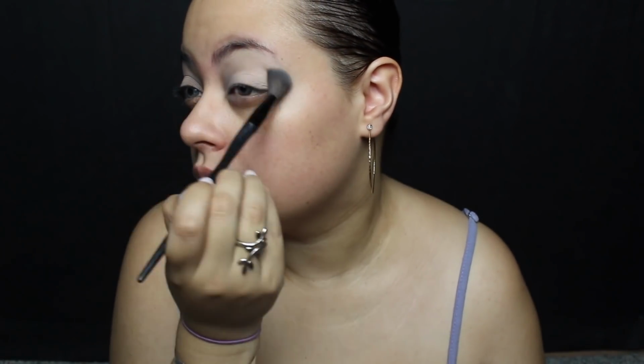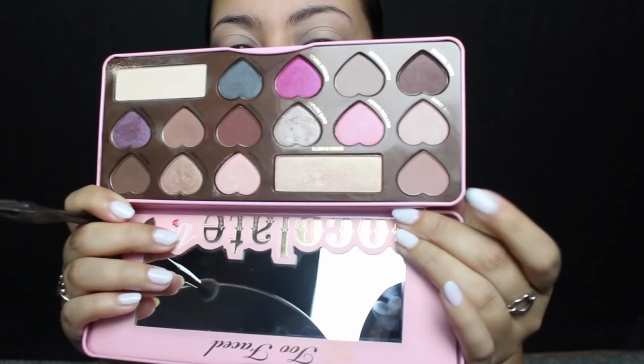So now I am taking a fluffy blending brush, and one of the shades from the Too Faced palette. This is Cashew Chew, which is a light taupe matte shade, and this is going above the crease as my